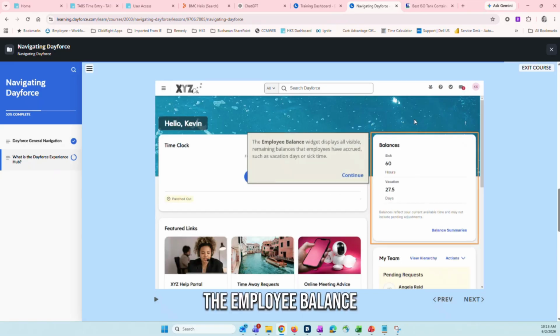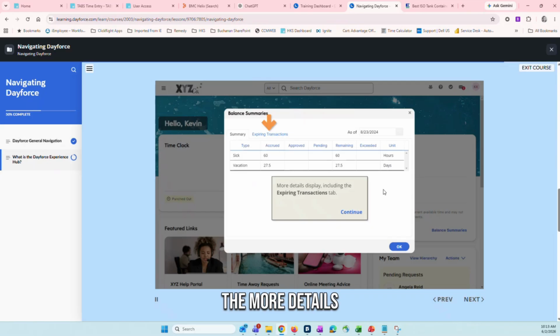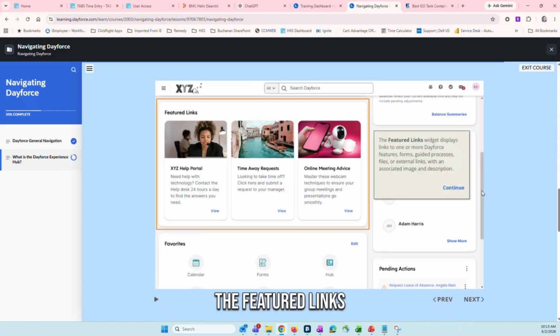The Employee Balance widget displays all visible remaining balances that employees have accrued, such as vacation or sick time. By clicking the balance summaries, you can view more information. More details are displayed, including expiring transactions. The featured links widget displays links to one or more Dayforce features, forms, guided processes, files, or external links with